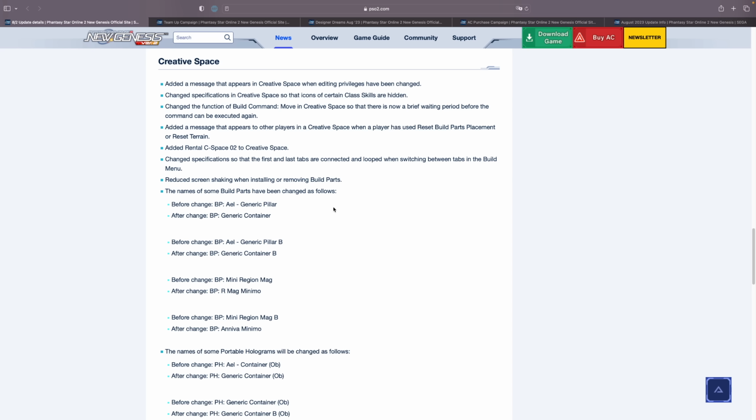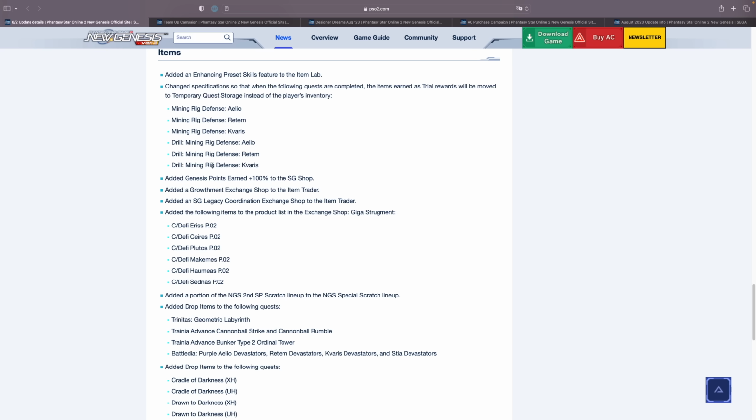There are a bunch of changes, but stuff like this is really nice. Reduce screen shaking when installing or removing build parts, just to make life a little bit easier. They added another rental space, C space 2, so you now can make up to 4 different creative spaces, so that's pretty interesting. They've added a whole bunch of items, including a Genesis point earn plus 100% to the SG